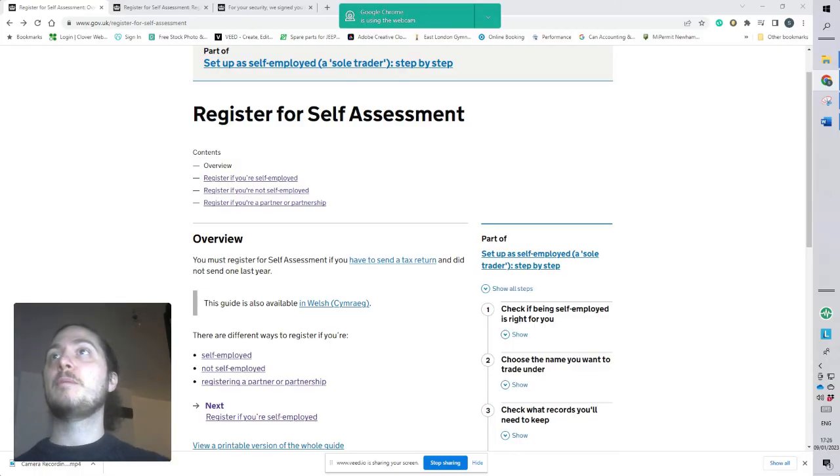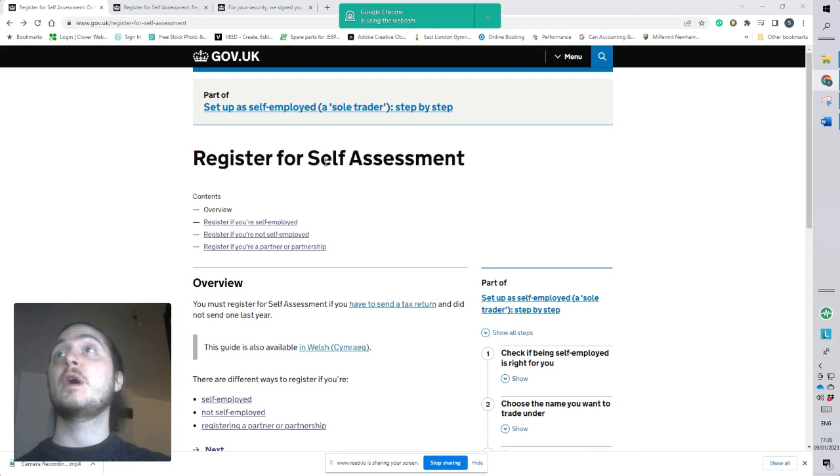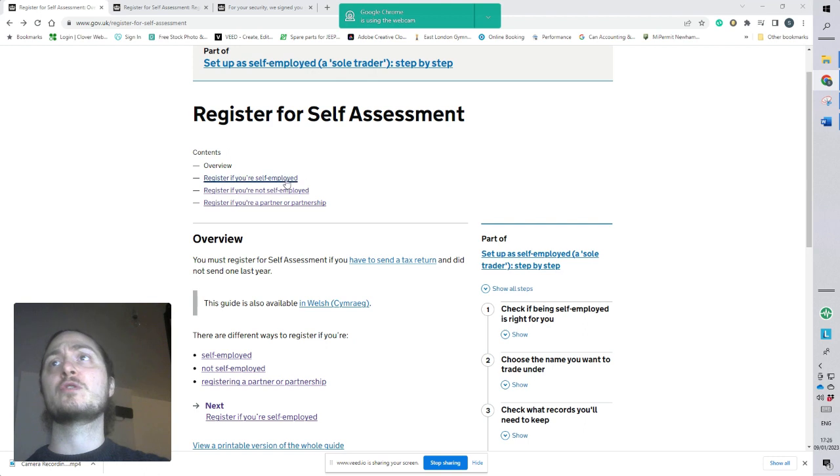And here we are on the main HMRC page, providing an overview regarding registering for self-assessment. As I said before, there are different reasons why you want to register, and here are the different links based on why you are requesting a UTR. As I've mentioned, we're going to concentrate on self-employed people. So we will click register for